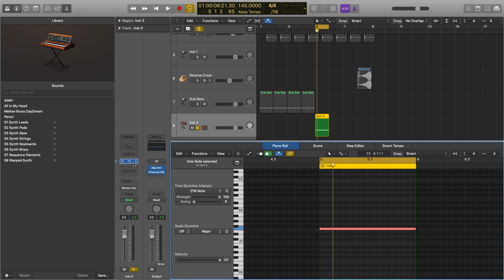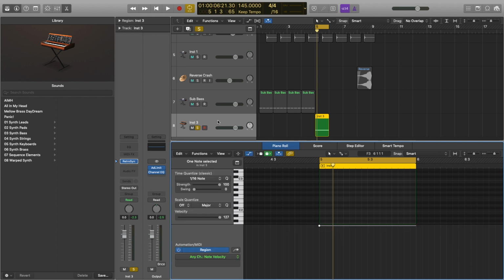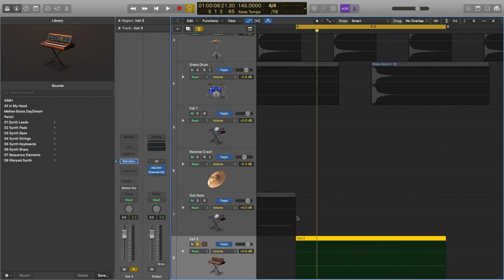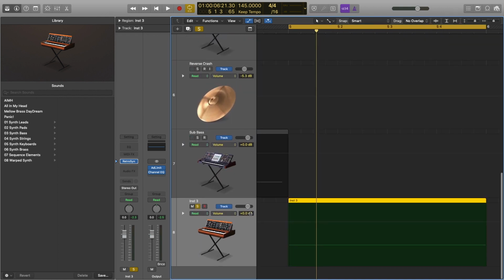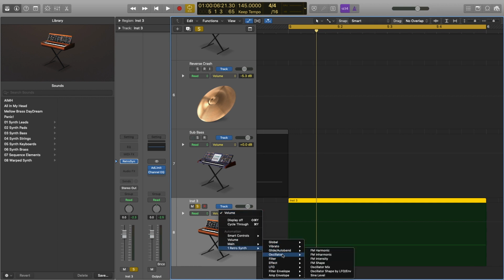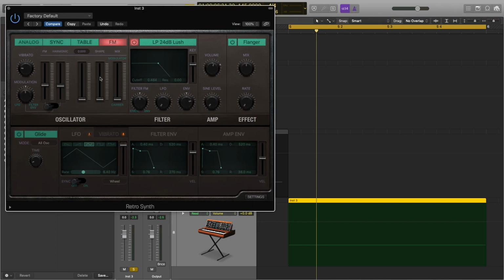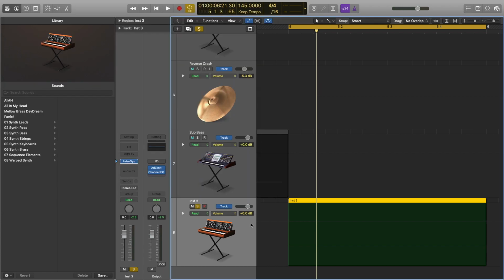And then I'm going to go to the automation menu. I'm going to get out of this. I'm going to automate. And I'll make this a little bigger. So I'm going to go to Retro Synth right now. And then if I look at oscillator, the FM harmonic, inharmonic, intensity, shape, oscillator mix, all this stuff are these knobs right here, and then there's some other ones. But basically, you can automate anything on this synth. So I'll go back here to the automation window,